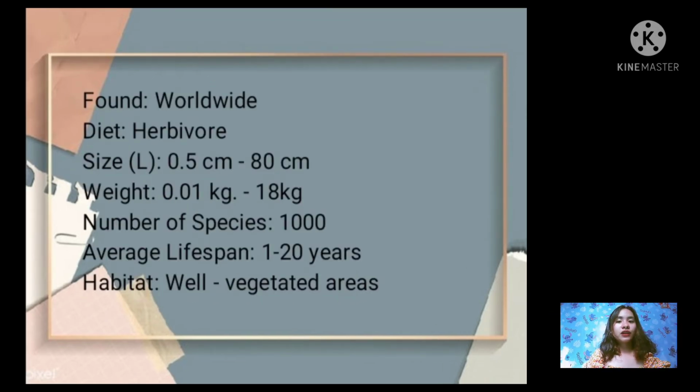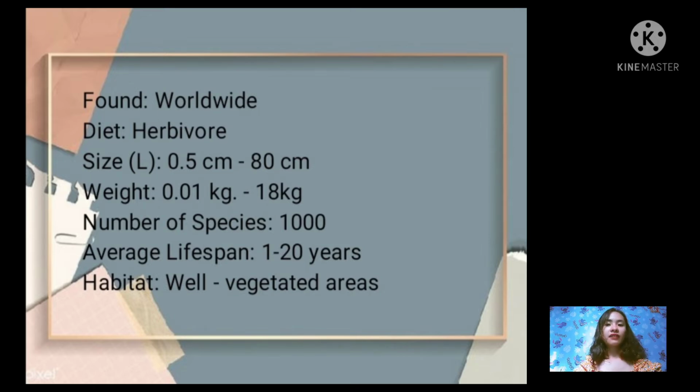It is found worldwide. Diet, herbivore. Size is 0.5 centimeters to 80 centimeters. Their weight is 0.01 kilogram to 18 kilograms. Their average lifespan is 1 to 20 years. Habitat,